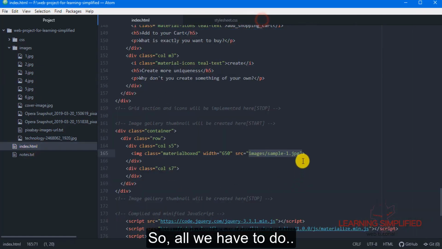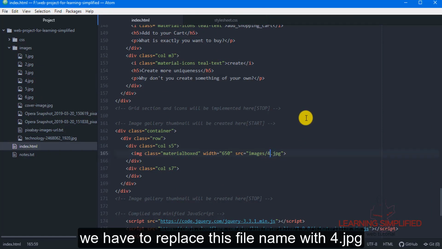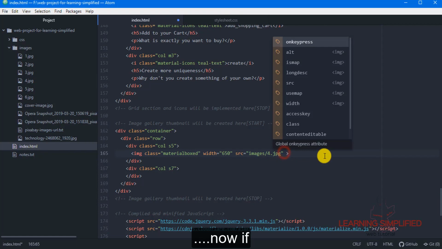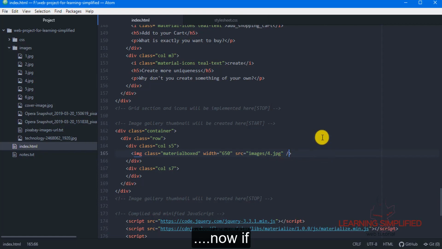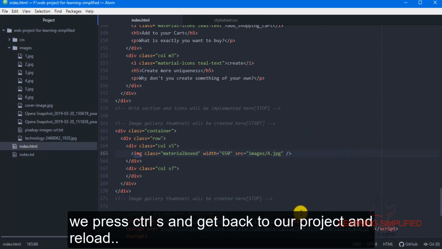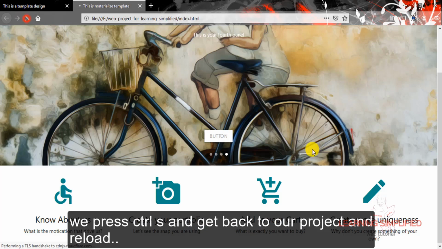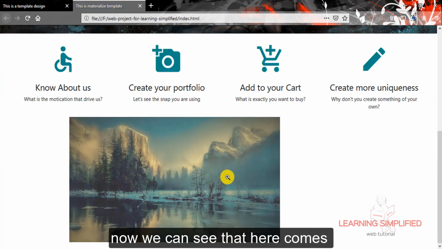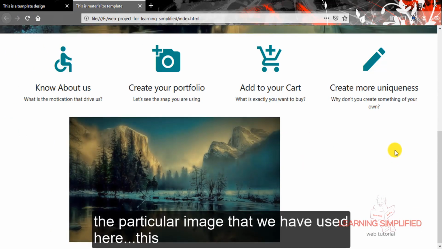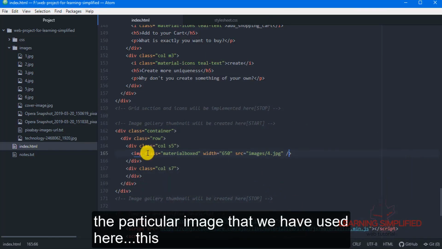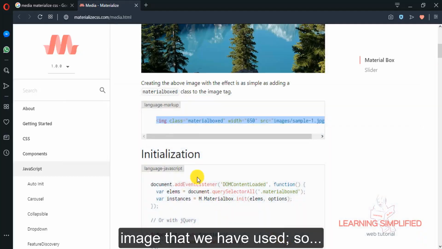All we have to do is replace this file name with 4.jpg. Now if we press Ctrl S, get back to our project and reload, here comes the particular image that we have used here.